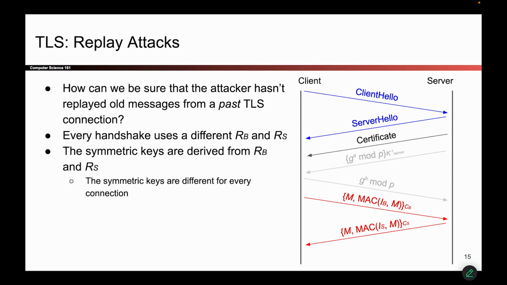So there's actually two types of replay attacks we should look at, and make sure we defend against both. One type is a replay attack between two different connections, where I write down something from a previous connection and then resend it in the current connection. And the other type is resending messages from the same connection. So we'll look at both of them and make sure we stop both types of replay attacks.